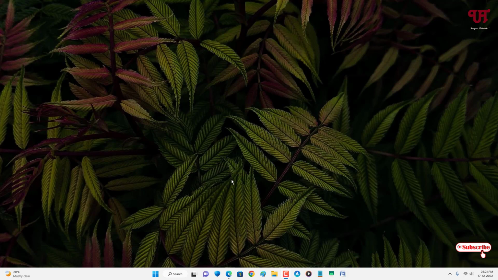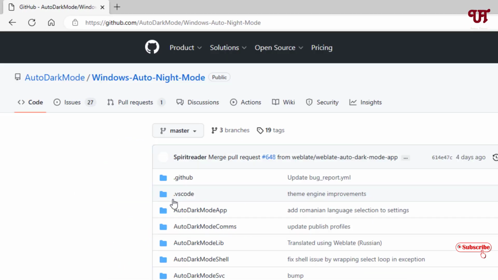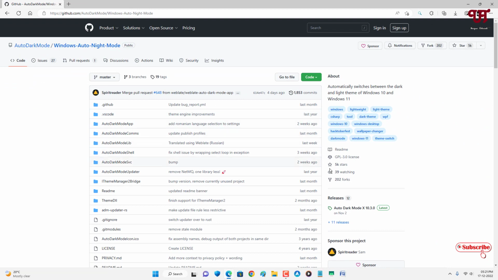Firstly, what you need to do is open any web browser and in the Google search, search for an application named Windows Auto Dark Mode, and you will see tons of websites. You can get it from the Microsoft Store also, or from the developer website. I highly recommend getting it from the developer website. On the right side you can see releases. You can just click on releases,